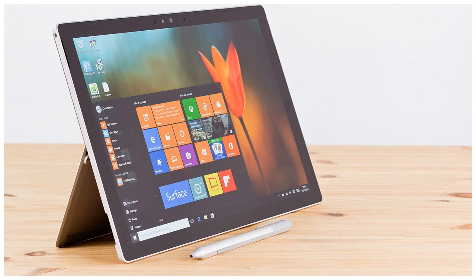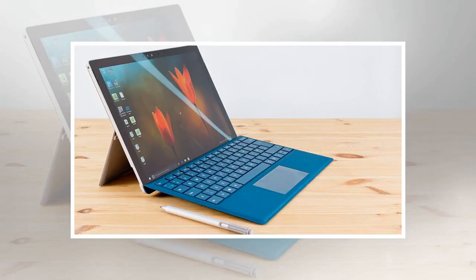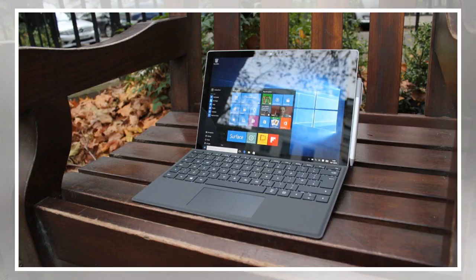Lauded for its bigger screen and sharper resolution, not to mention a refined keyboard and stylus, the Surface Pro 4 was Microsoft's best crack at its winning tablet formula yet. The Surface Pro 4 managed to introduce more levels of pressure sensitivity and a host of buttons to the signature, but sold separately, Surface Pen. Likewise, the type cover keyboard is heavier and more satisfying to the touch, while the screen resolution was bumped all the way to